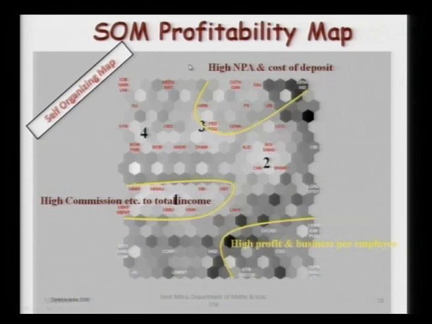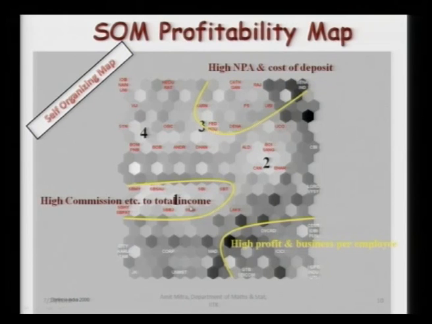So, the same multidimensional data is used to get to this self-organizing profitability map of the data, which is represented in terms of this beehive actually. So, these hexagonal blocks one after the other make up this two-dimensional representation. Now, we have well defined clusters. The banks in this region here have high profit, high business per employee, and they are basically the new private sector league of banks. Now, we have a nice cluster which is emerging out here, which are the high commission income to the total income banks,